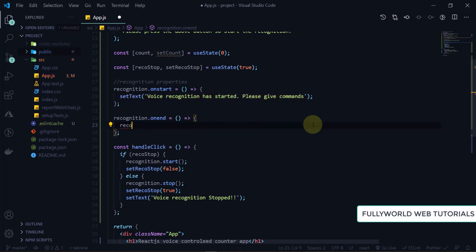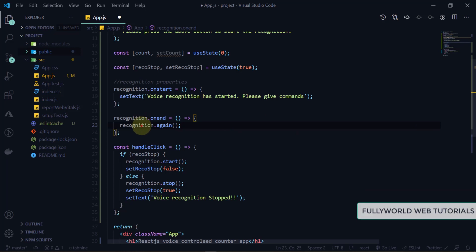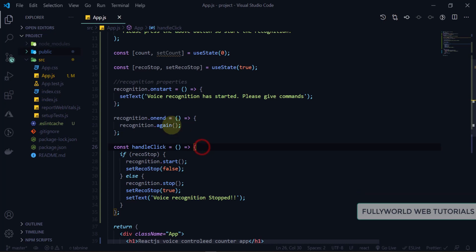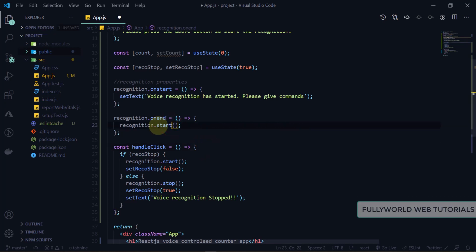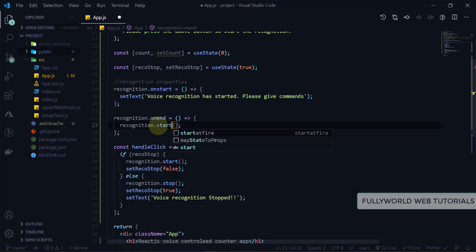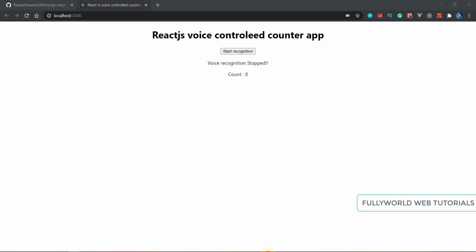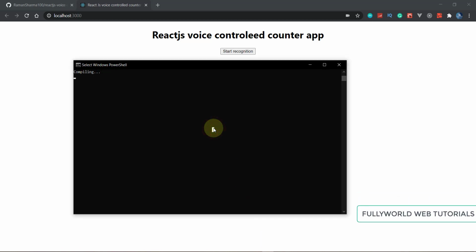So for that, here I'm going to start our recognition again. Make sure your spelling is right. Yes, spellings are right here. So click on save, and it is saved successfully. Sorry, here I am going to write recognition dot start, because recognition dot again is not any method. So let's see, it is compiling, so it will take a little time for compilation. Let's wait for a while. Only 10 to 15 seconds it will take according to me on my PC.